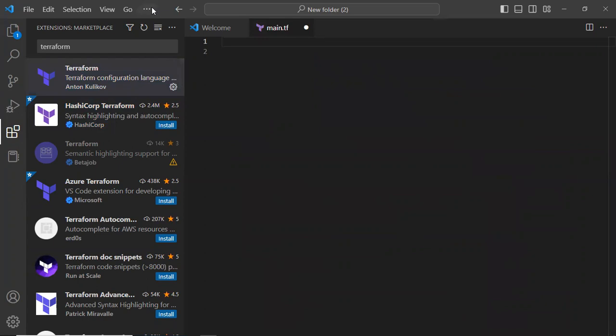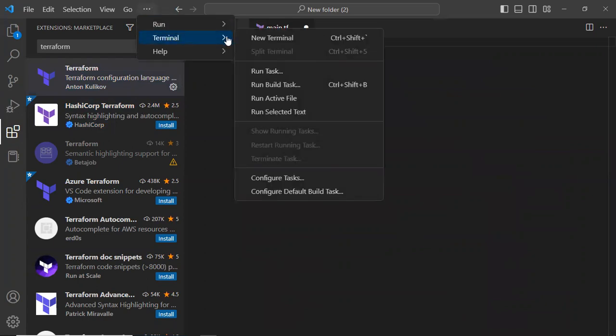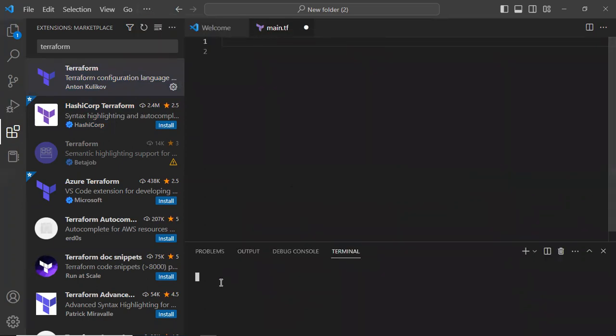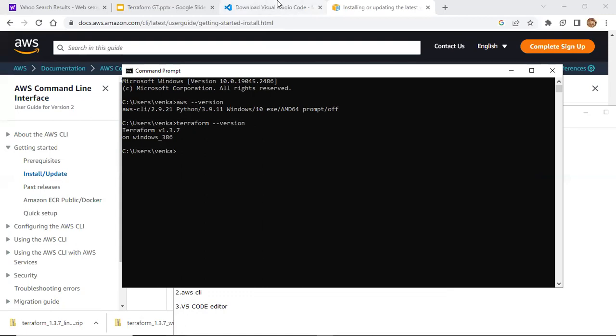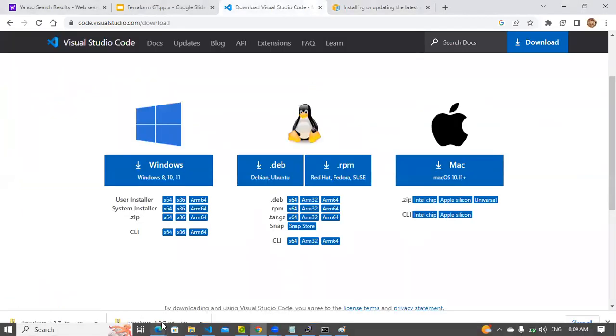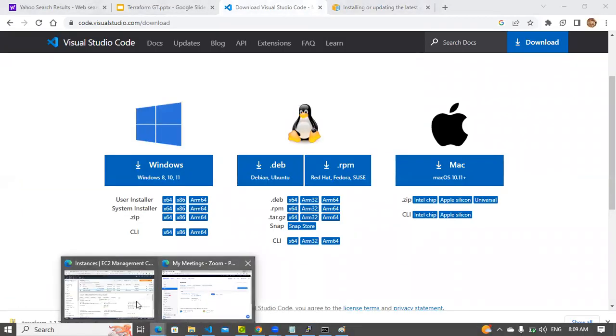Then I'll be executing the code via this terminal, a new terminal, and from here I can start executing all the code. We will see this in the next classes. Today is just an introduction and warm-up class.